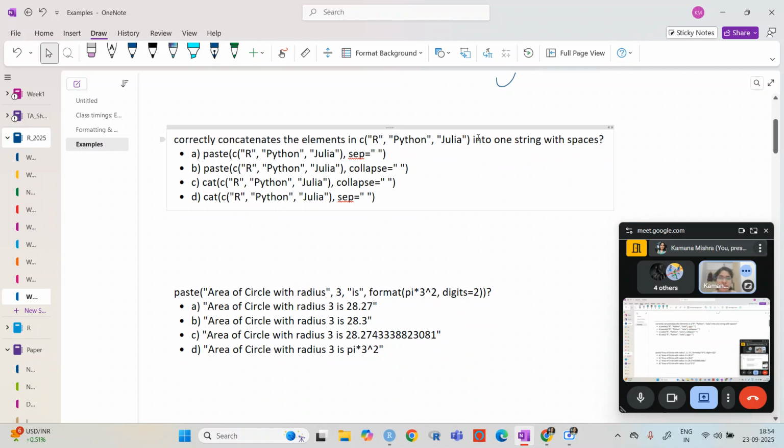Okay, so this is one thing: you want to correctly concatenate the elements of this into one string with spaces, then which function will you use? In the cat function we have not seen this, basically the collapse one.